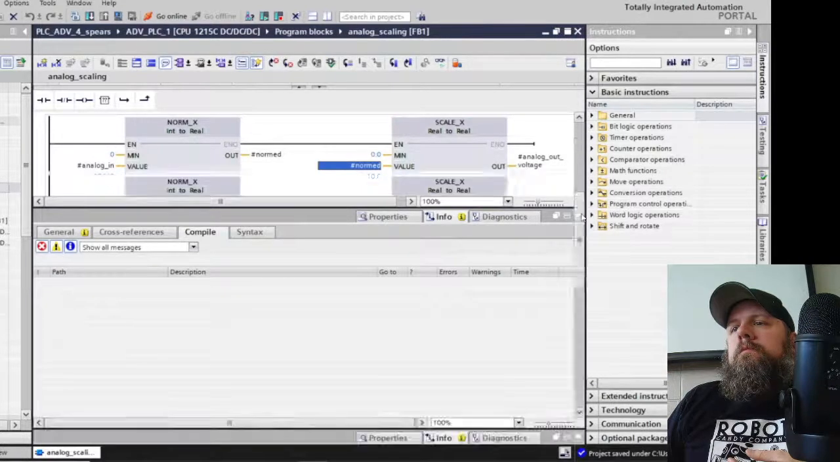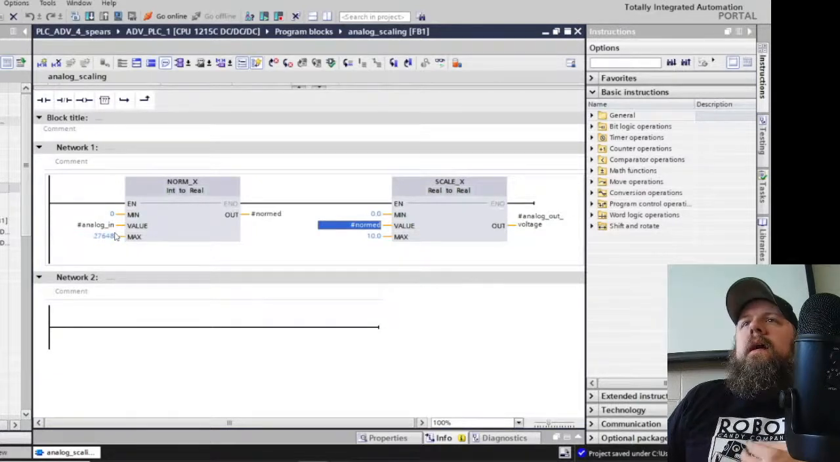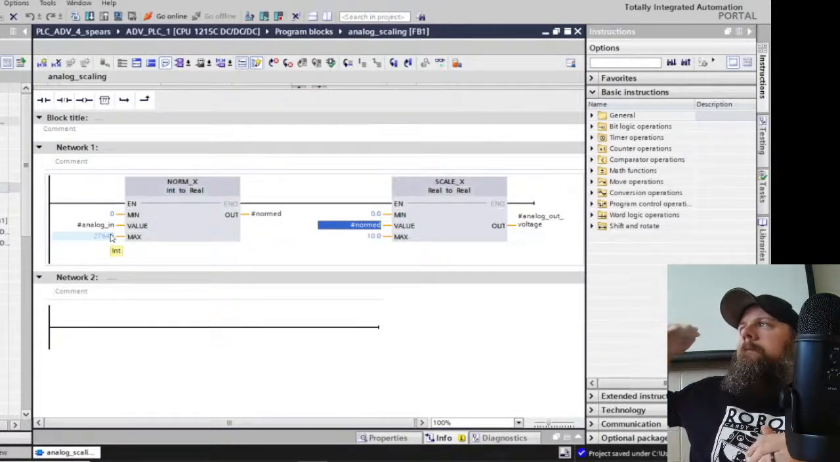All right. So analog in 0 to 27,648. That's 0 to 10 volts, and then it's going to get converted into what's called a count. It's beyond the scope of here to explain what a count is, but like if